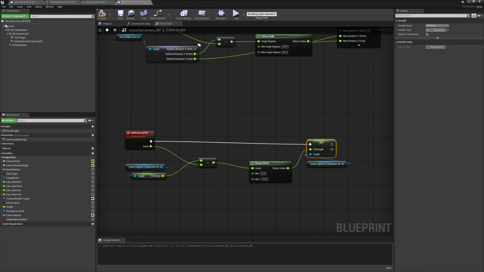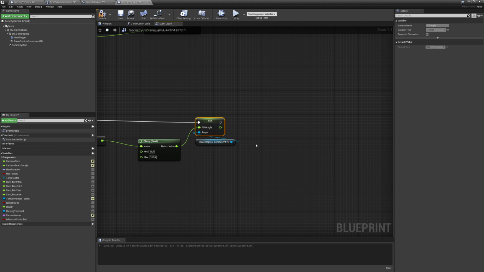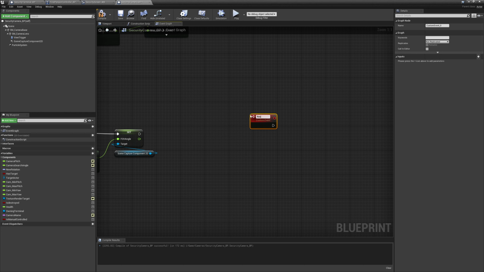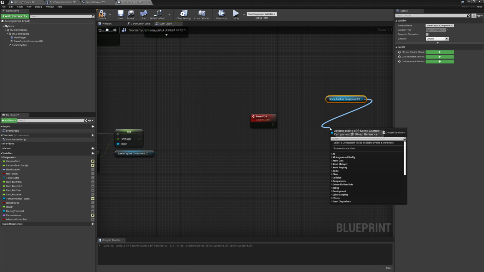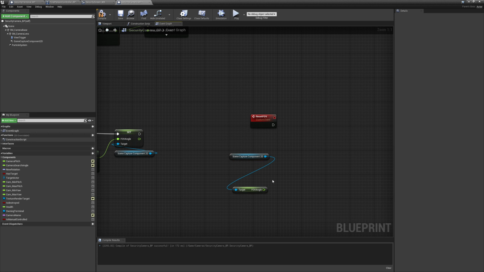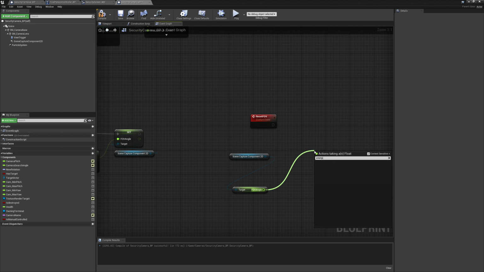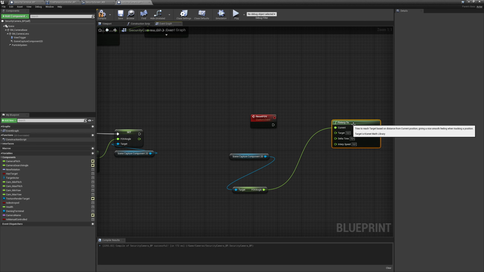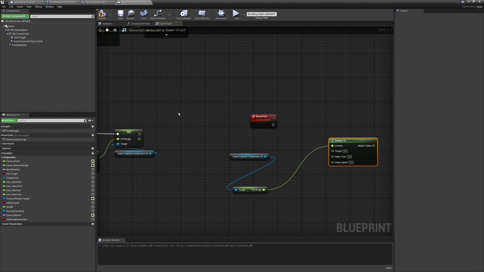Now we need an event to interpolate the FOV back to the default if we exit the camera. So I'm gonna create another custom event, and that's going to be reset FOV. So let me see, I want to get my scene capture component in here and get the field of view that it's currently at. And let me see, I'm gonna use interpolate. So let's interpolate our current field of view, interp2. And we're going to interpolate to our default FOV, but we need to make a variable for that